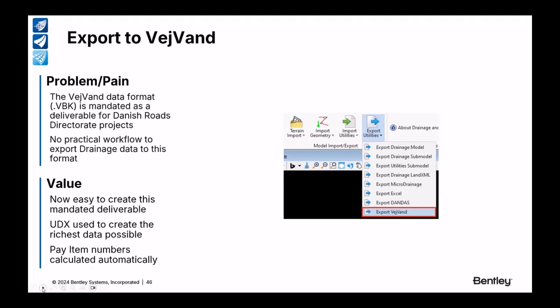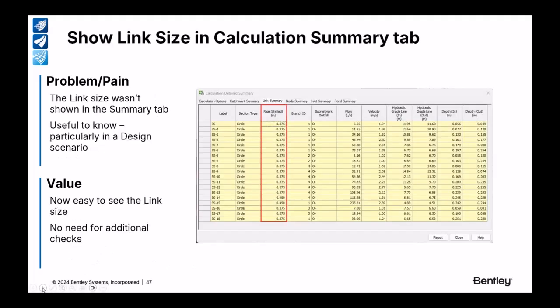Okay, next slide, please. Okay, this was a more minor change here. When you compute a scenario, the calculation summary tab that I'm showing in the screen capture here told you some hydraulic results like flow and velocity, depth in both ends of the conduits, things like that, but it didn't actually tell you the size of the conduit. So if you're computing a design scenario where the sizes of the conduits could change, you would then maybe need to go and run a flex table or look at your annotation or something like that, or